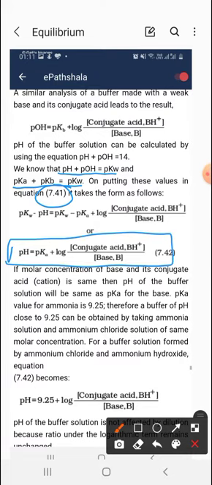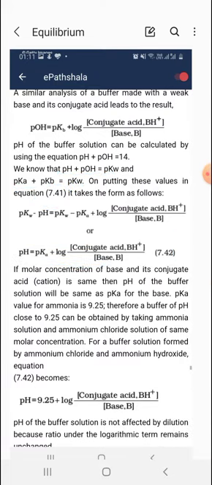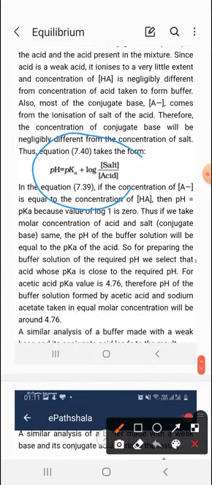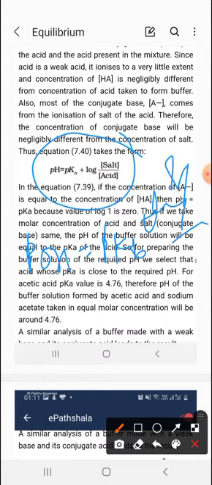Fine. So we don't need to get into the details. We just need to know the formula, what the formula will be if there is a question regarding calculation of the pH of a buffer solution. Then you must know the formula for the acidic buffer, this, and for the basic buffer it will be pOH is equal to pKb plus log salt upon base. This is the concentration, basically. Right.